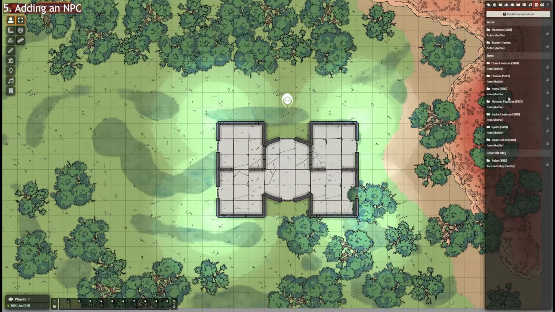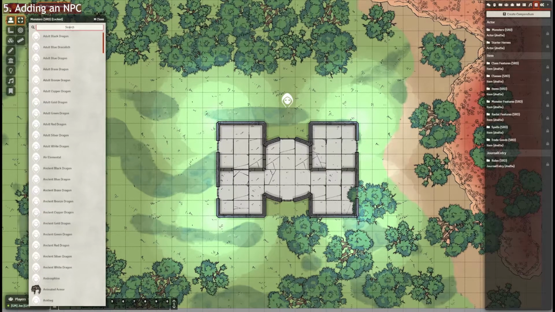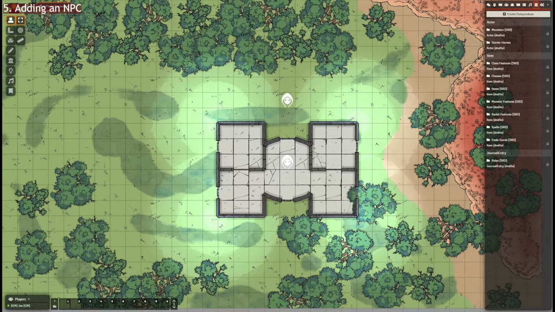Now, the second way is you can just go into your compendium in monsters, and you can say, do we have a young... Yeah, dragons are always cool. So we've got a young red dragon. Now, it doesn't have a portrait. You can add a portrait if you want, and you can just add that young red dragon in. This young red dragon is chilling out in this house for some reason. You double click it,